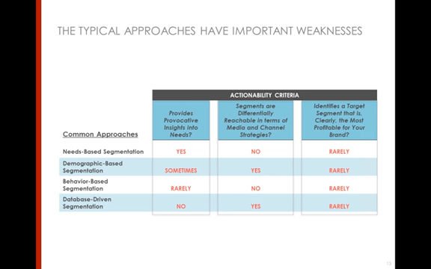However, when done that way, oftentimes, far more often than not, it's hard to identify a target that's clearly most profitable for your brand. It's rare that occurs if you just go about a needs-based segmentation kind of blindly. And it's uncommon, almost never happens, that the segments are really differentially reachable in terms of media or channel strategies, right? So we answer one of the buttons. We want to make sure that the segments are different in terms of their needs, but we fail on 2